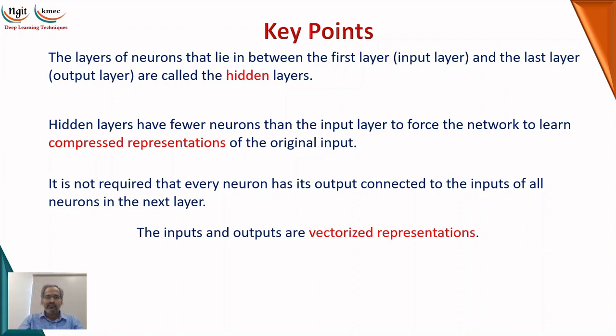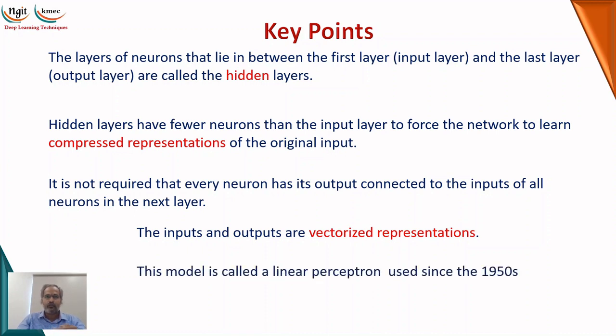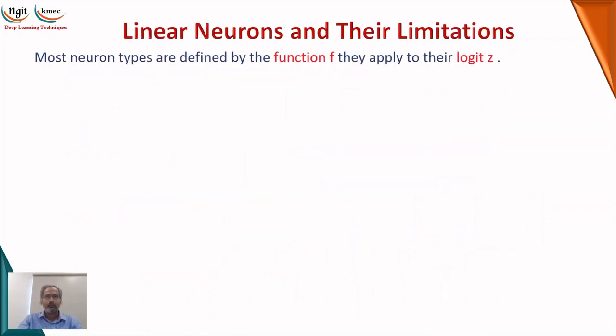The inputs and outputs are vectorized, meaning that the inputs are vectors and the outputs are also vectors, and they are in the linear perceptrons. These are called the linear perceptrons, and the